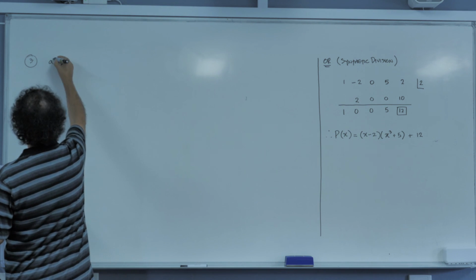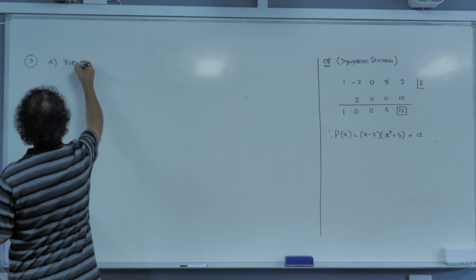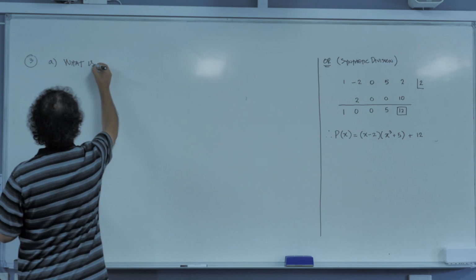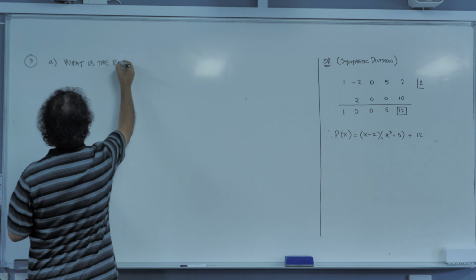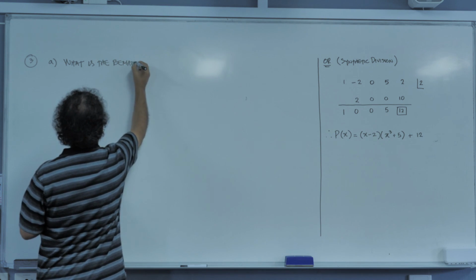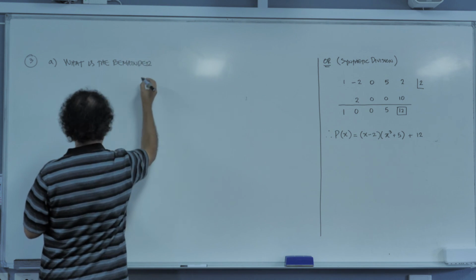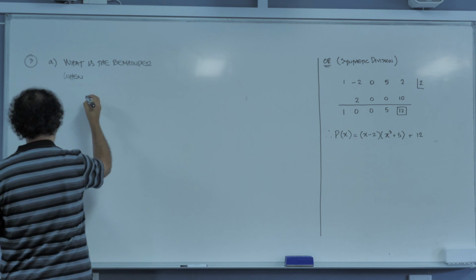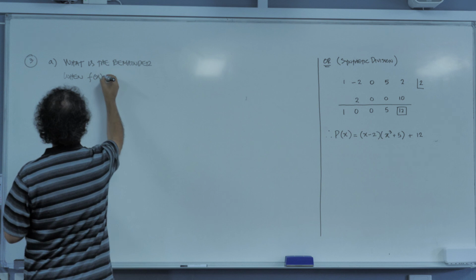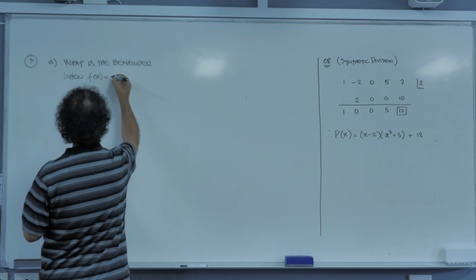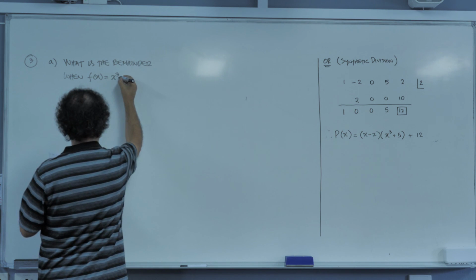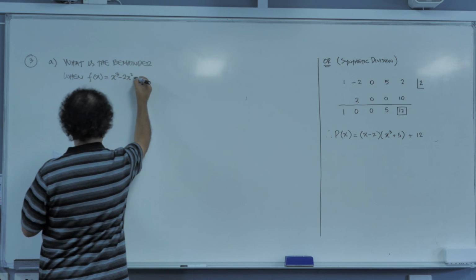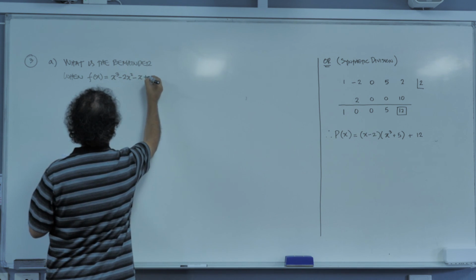All right, part A. What is the remainder? What is the remainder when f(x) is equal to x cubed minus 2x squared minus x plus 2